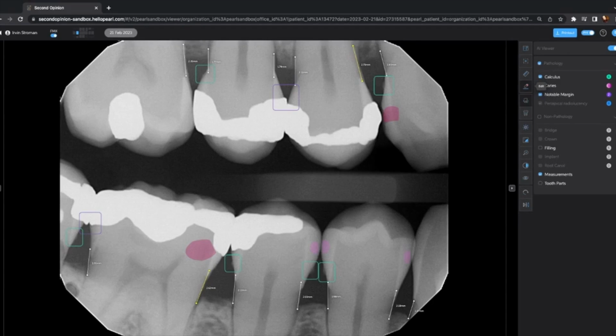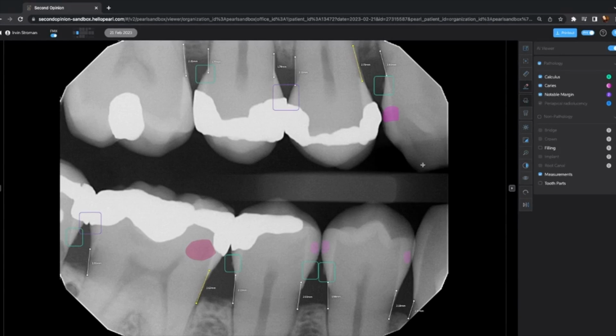Turning on the edit feature, you can take your cursor to any of the detections on the image and select the X to remove them. This will remove any false positive for you. You can add them back by using the edit tool as well and selecting the green check.